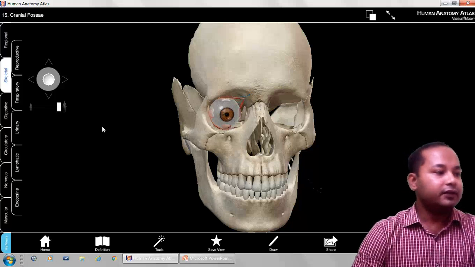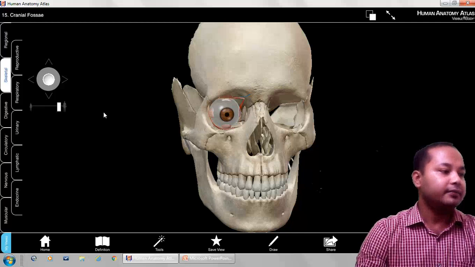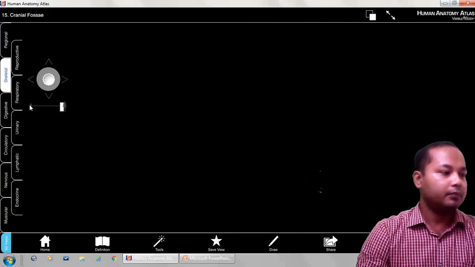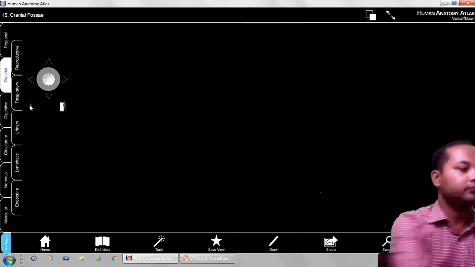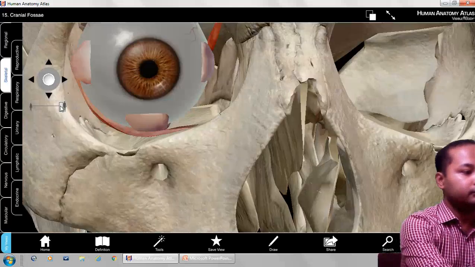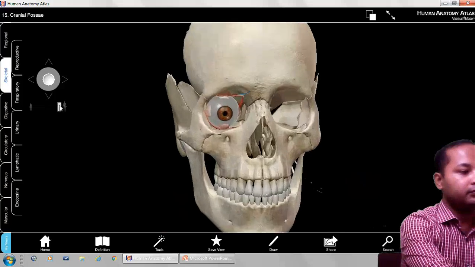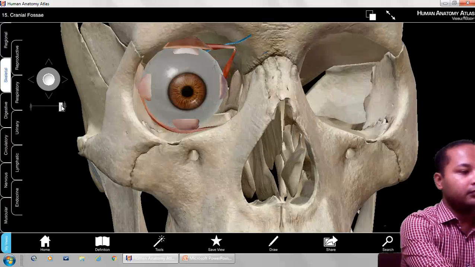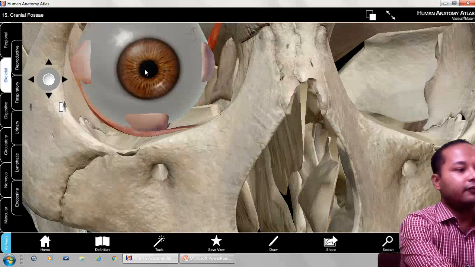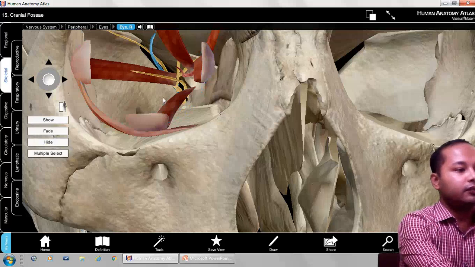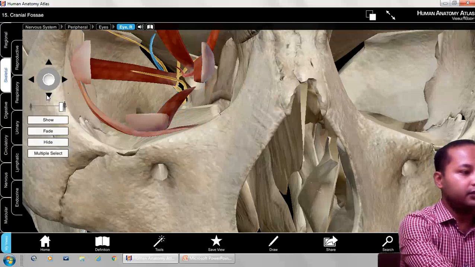So I will zoom in a little bit, and I will just remove this eyeball. So what we see is, if I just pull it a little bit downwards,